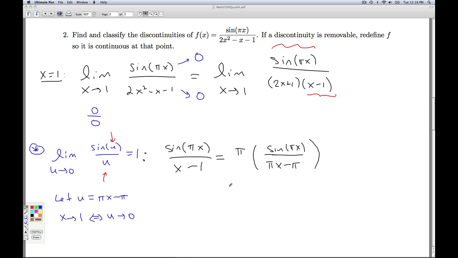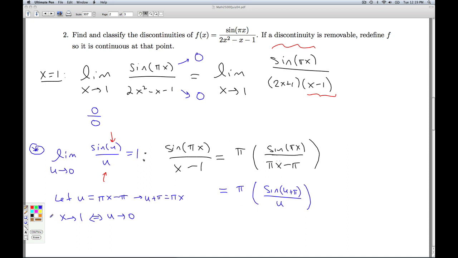Now let's see then what this turns into. I have that pi. I got the u now on the bottom. What's the inside of that function going to look like? Well, I know I have sine of pi x. Well, from this equation I can rewrite this as u plus pi equals pi x. And so what I have up there is sine of u plus pi. Now these aren't quite the same thing, but thinking back to trigonometry, I can simplify that sine of u plus pi by expanding it